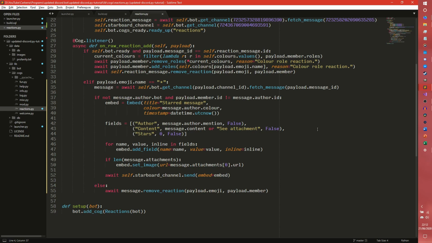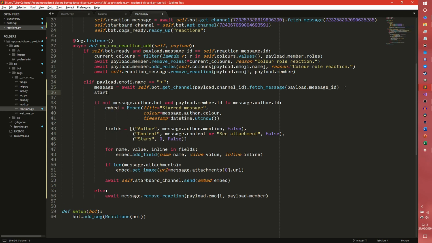Okay, so now that we have the actual starboard message sorted, and now that it handles images as well, we actually need to work out how many stars the message has. So we can do stars equals db.field, because we're going to be getting the number of stars from the db. SELECT stars FROM starboard, if I could spell, there we go, WHERE RootMessageID equals this, and then we need to pass in the message ID,